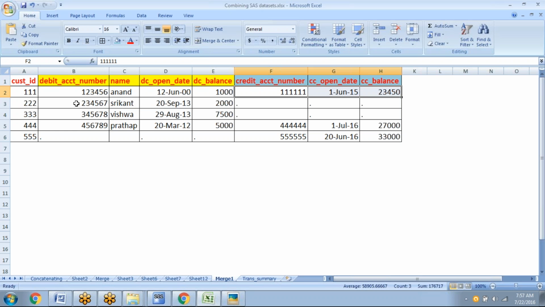Okay, and 222 customer, this guy has only 222 and 333. These guys have only debit cards and they don't have any credit cards. I mean, they are not open. Now this guy 555 or 444, again he has only debit card, and 555 customer has only